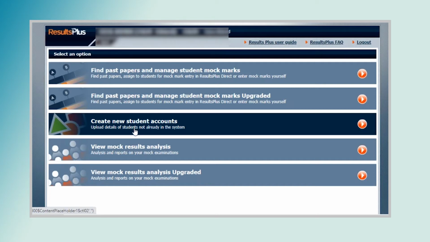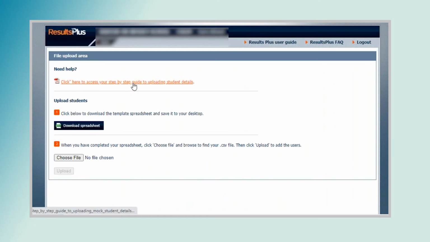So we've got to create some new student accounts, and the reason we do this is because if you're a post-16 school and they're doing a mock exam, they may be on the system if they chose a previous live paper, because when your exam officer does the exam entries and the papers are marked by ePen, they will automatically be populated. So you may not have to do this if all your students taking the mock took a previous paper, so they're doing a mock for a resit perhaps. Most of us, I'm assuming, won't have students in the system, and so we need to create those accounts.